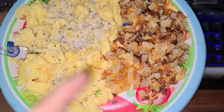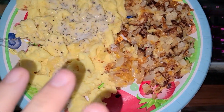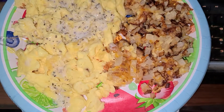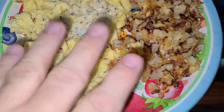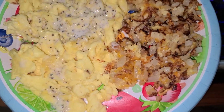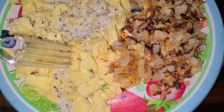I wanted hash browns this morning, and there's too many carbs in regular potatoes, so we went ahead this morning, and I had the idea of using turnips, or I guess rutabaga is another name for them, instead of potatoes. Usually we'd use radishes, but I tried this and got online and searched for